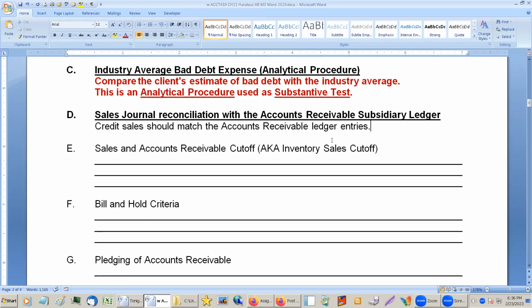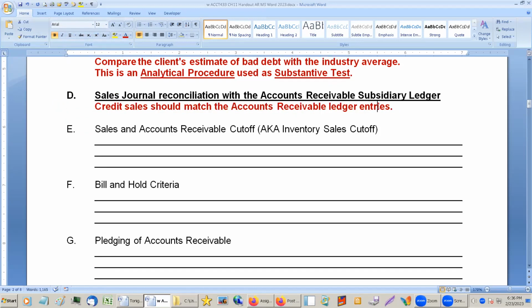And you can do that daily, you can do that monthly. But the credit sales should match the accounts receivable ledger entries. And one of the reasons why that's important is that,